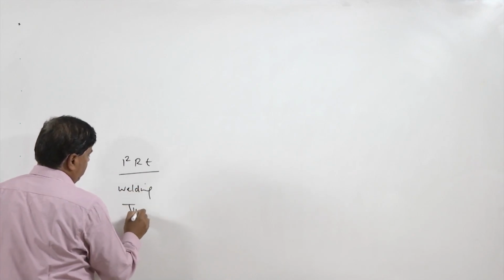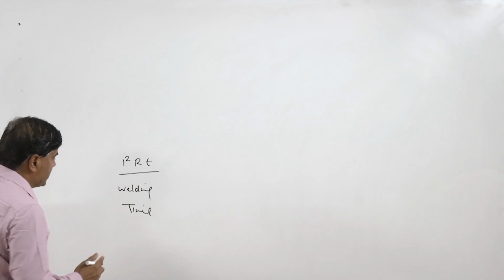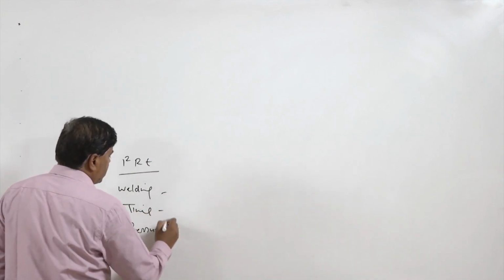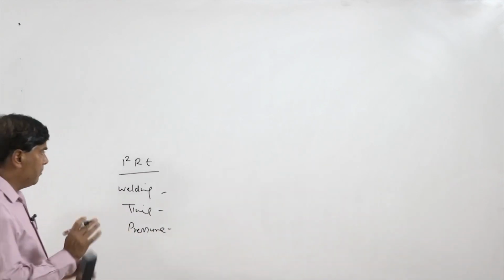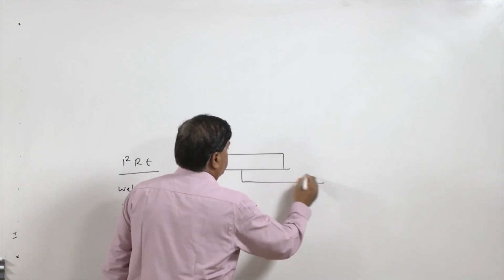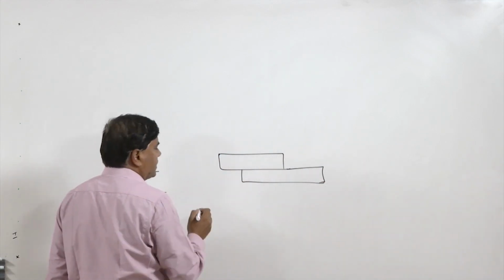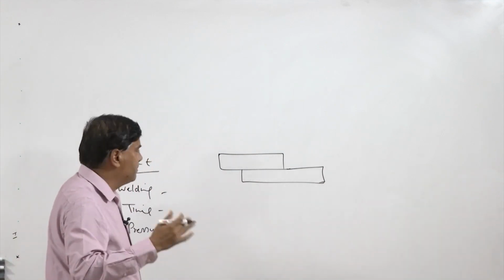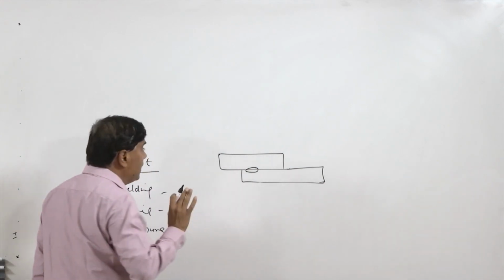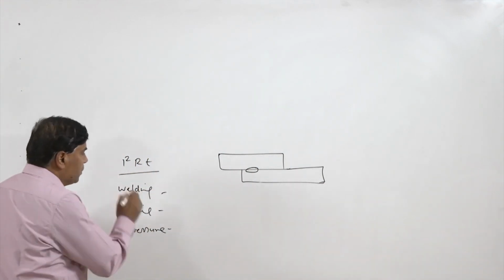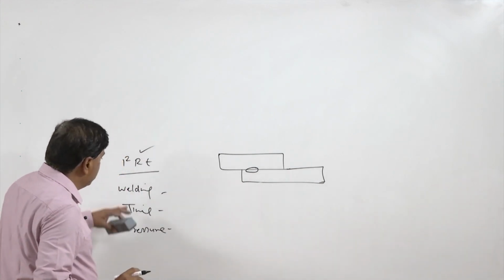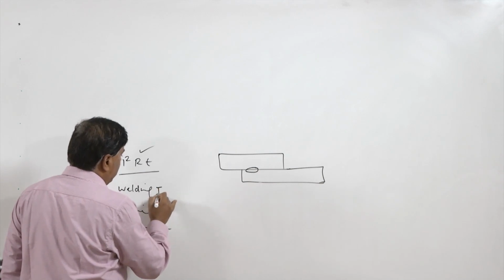the time for which the welding current is applied, and the pressure under which the joint is made, these three factors become extremely crucial, because the size of the nugget formed under resistance spot welding processes like projection, seam, spot, etc., is governed primarily by the amount of heat being generated. So, the factors that govern the heat generation are these, and here you will see the welding current I is